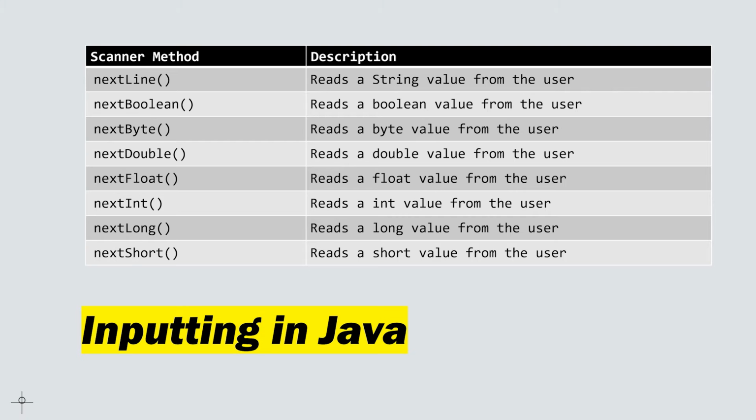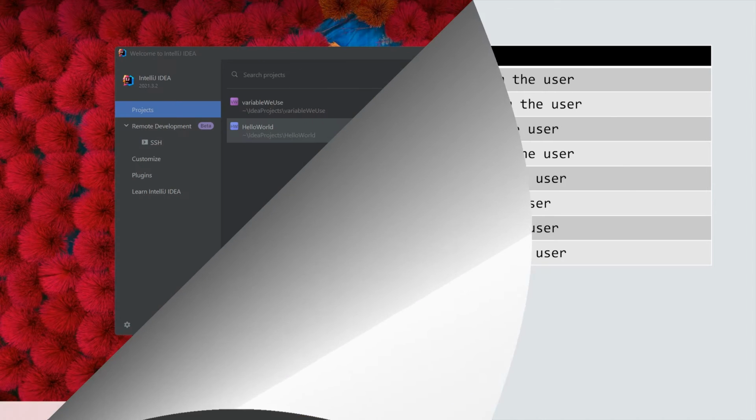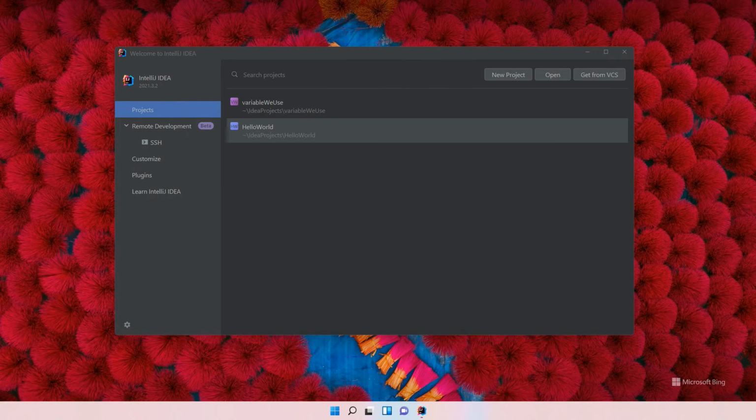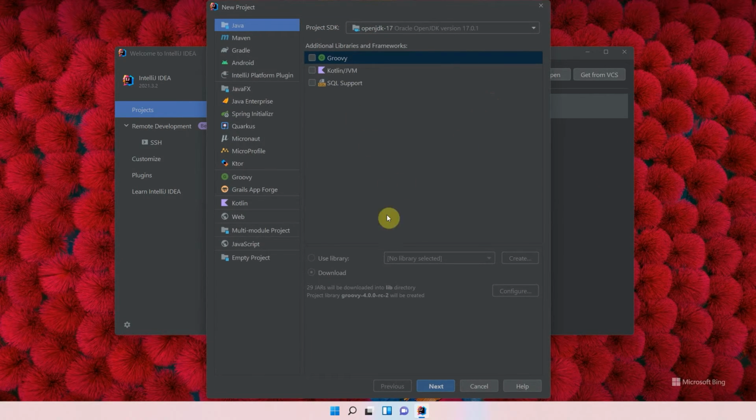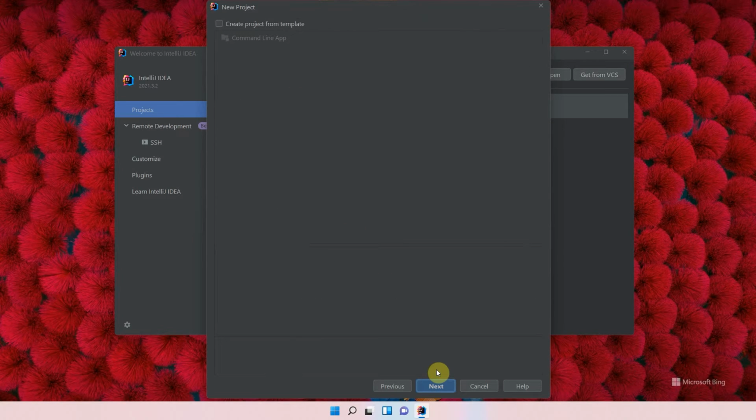What I'm going to do is we're going to go straight into the practical. As you can see, I've already started up IntelliJ IDEA, and we're going to start a new project. These were the two projects we worked on last, so I'm going to start a new project. Again, just like before, we're not going to be using any kind of libraries or frameworks. So I'm just going to move on to the next page. And again, we're not going to use or create a template. I'm going to call it working with inputs